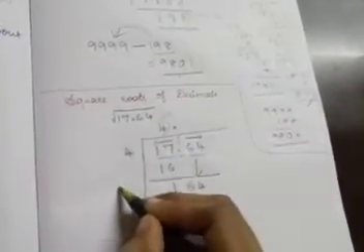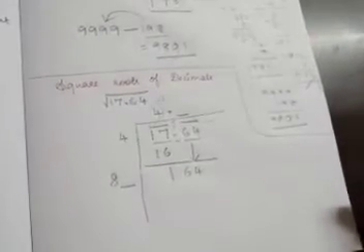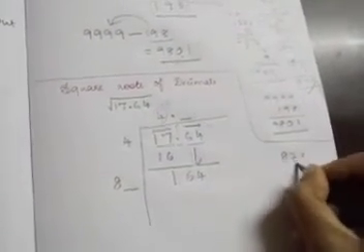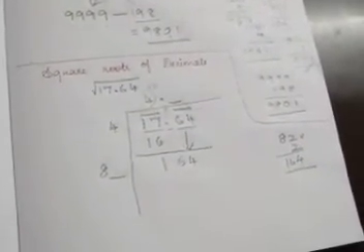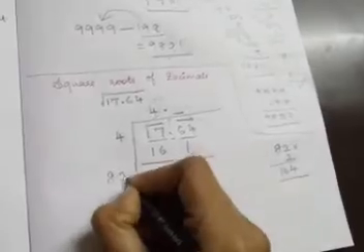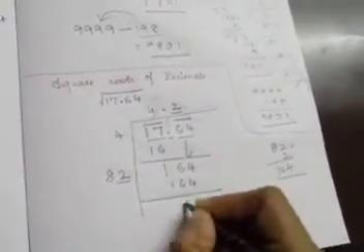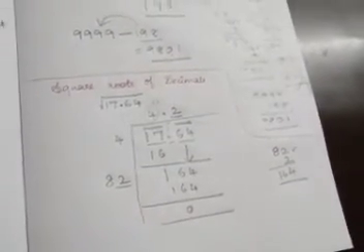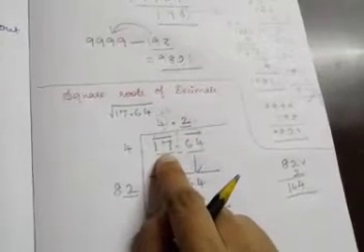Now this into 2. 4 2s are 8. Now some number should come here and here as usual. 8 into 2. 2 2s are 4. 8 2s are 16. Yes, I got 164. So 82 into 2, 164. Remainder 0. Okay, so listen, for this question, what we are doing, we are going to pair it as usual.